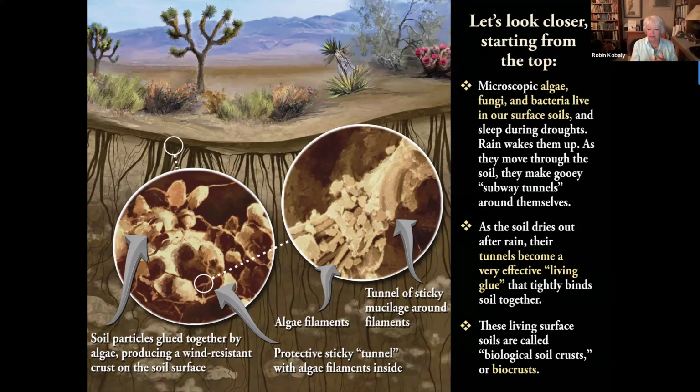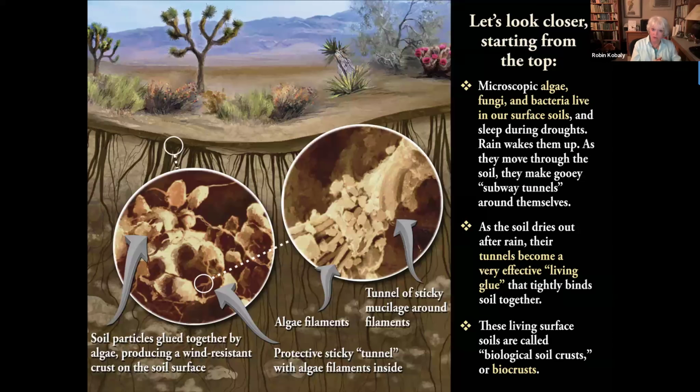And as they go through this soil, they are actually gluing the soil grains together. Even when everything dries out, the gooey tunnels actually glom onto all of those little particles of the grains of sand and hold everything together,